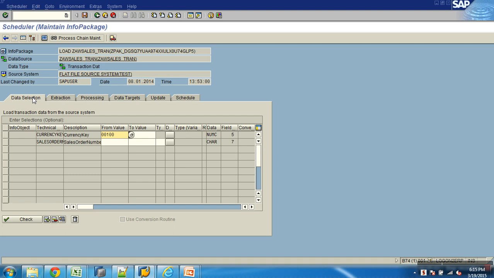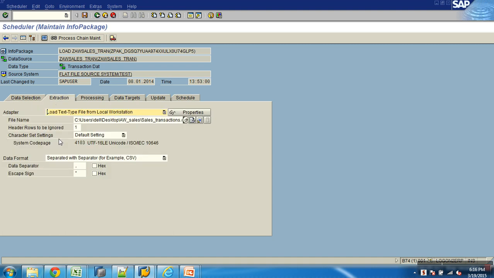So when you're extracting from source to data source, if you want to do some filtering of data, we use data selection source. Okay. Then the extraction tab. See, you get to see these details always somewhere? I never specified this file name or nothing. From where is this property coming from? Data source. Because in the data source you specified what is the source of data, from where it has to extract. So when the info package is defined based on a data source, the source of data which is defined in the data source comes into info package automatically.